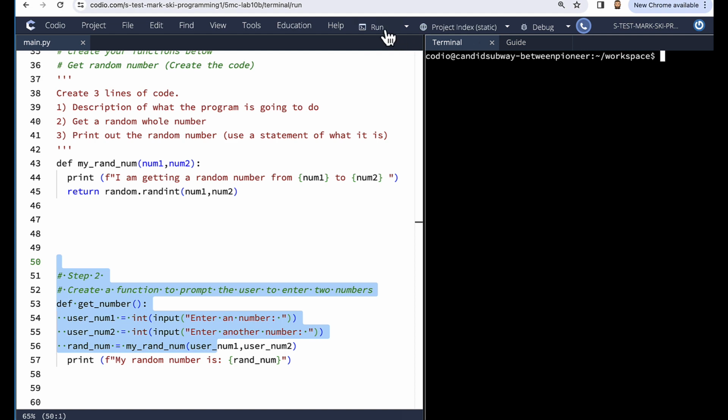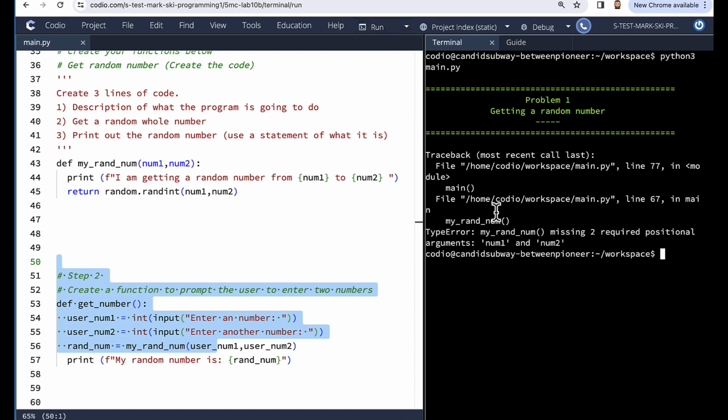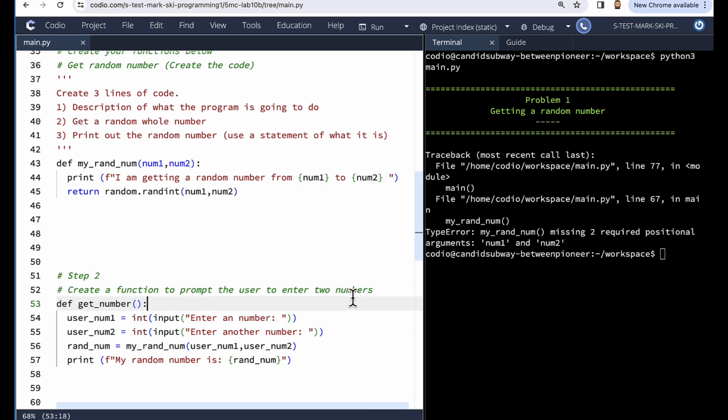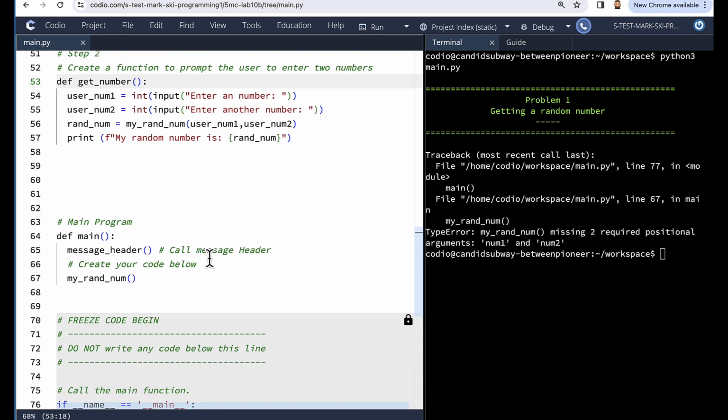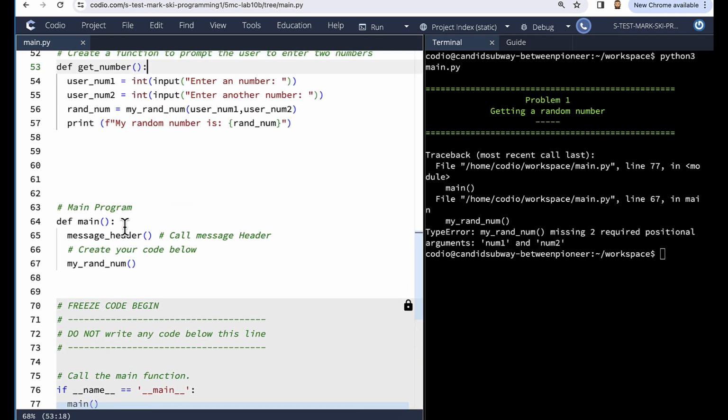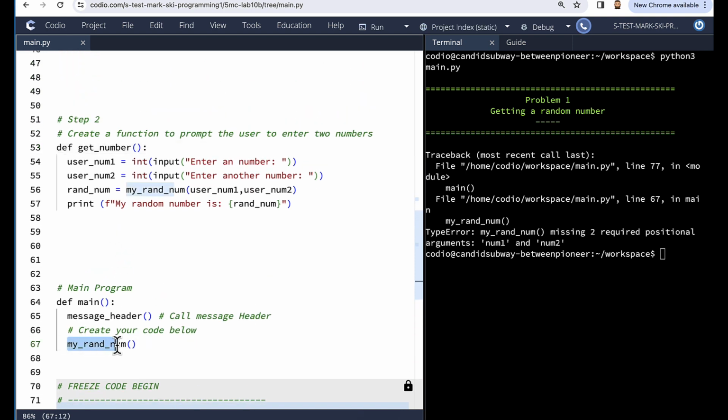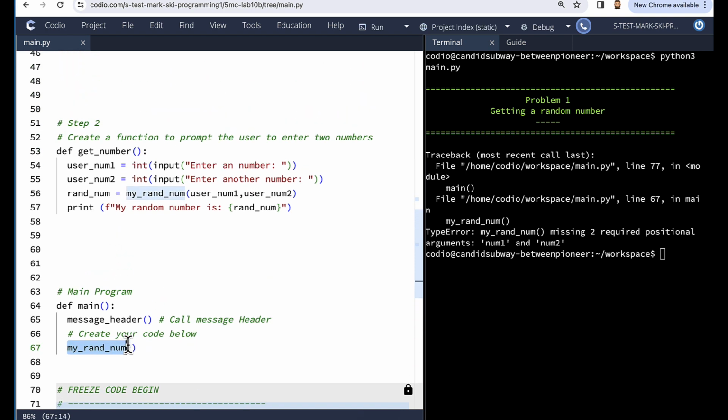Let me clear the screen and let's run the code. Oop, and looks like we got an error. And let's see what's going on here. And that particular error, if we scroll down here, so we started out with this random, and this is not the correct syntax because we want to actually utilize this function, and that particular function actually calls this. So we just need to make a modification here to get the number,